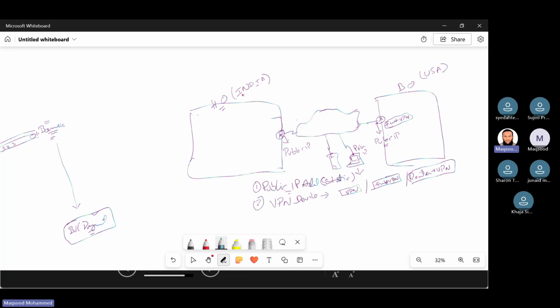Let's say your user base is too big, let's say you have 10,000 plus users. The VPN load will be too high on your firewall. If your firewall is acting as VPN, it will be overloaded and it might fail. So in that scenario, companies and organizations might go with a dedicated VPN solution, a separate VPN device itself, which